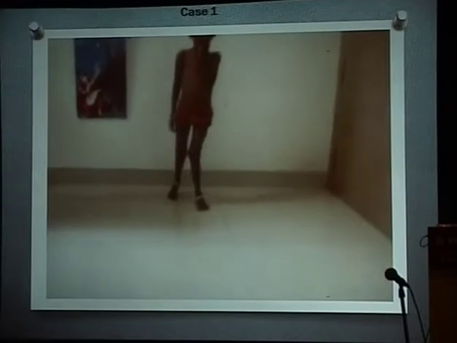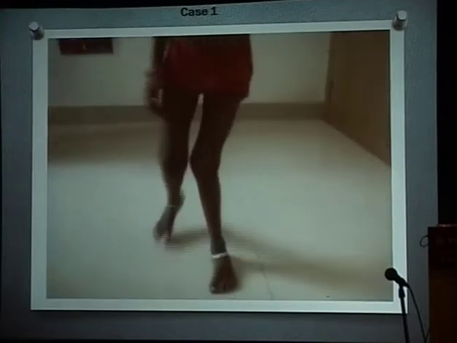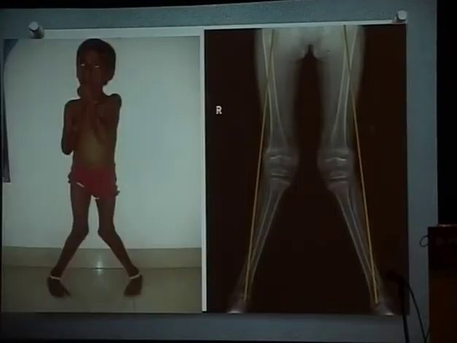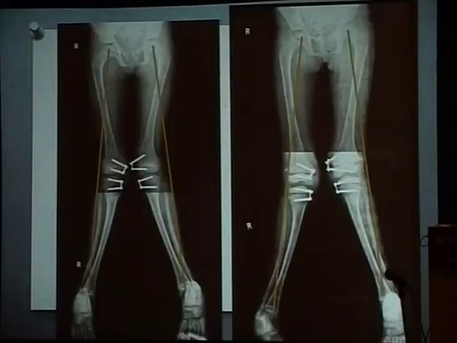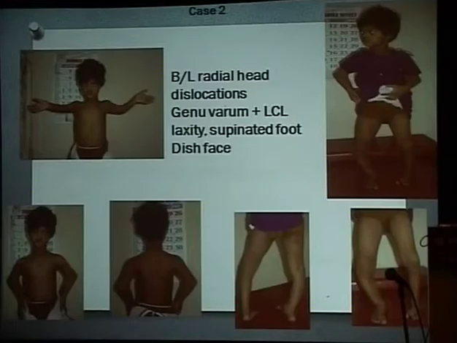Well, now we'll see cases one by one. You have already seen this child walking. She is a case of nutritional rickets. She's 6 years old and she had rickets for 3 years. She was completely neglected, so she was brought to me finally when she stopped walking. This walk you're seeing is after some medical therapy. You can see the X-ray picture here, classical of rickets. In her I did 8 plates to correct her deformity. She's still under treatment.